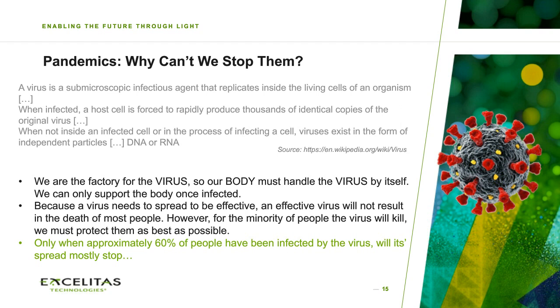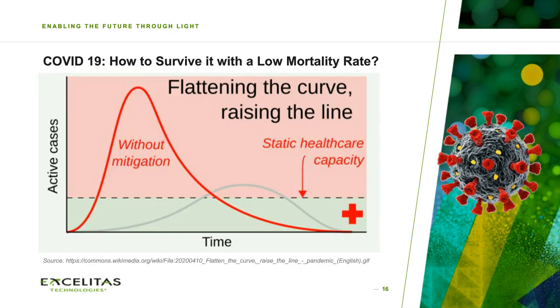There is only a minority of people where the virus will kill those people. And looking at humanity today, we must protect them as best as possible. And finally, only when about 60% of the people have been infected by the virus, the spread will mostly stop. So this is why you know maybe those curves which tell you how many active cases over time you have